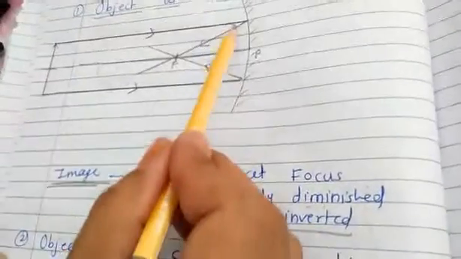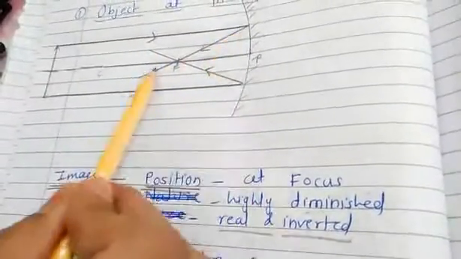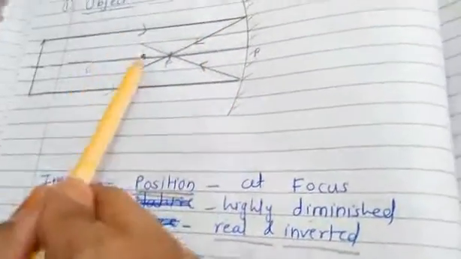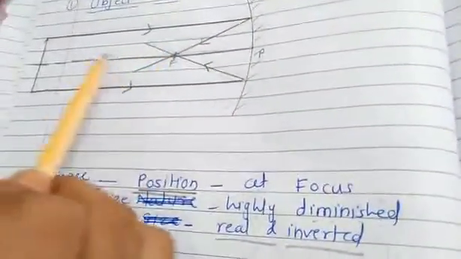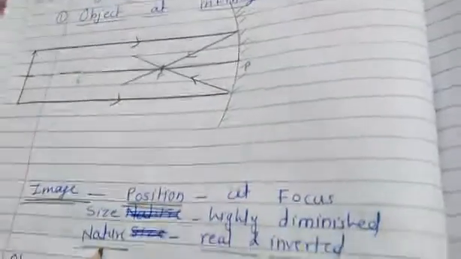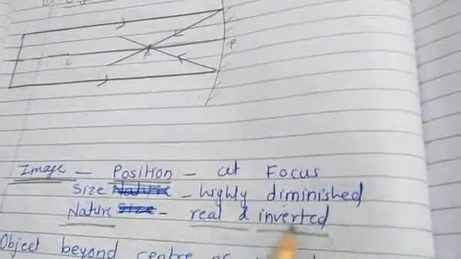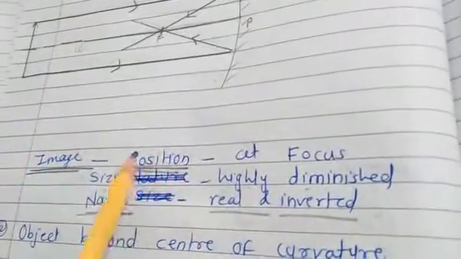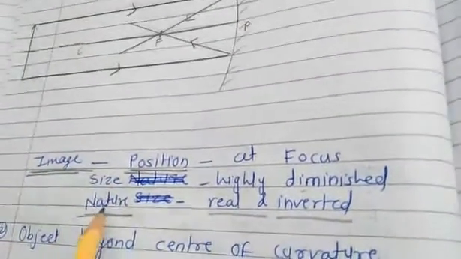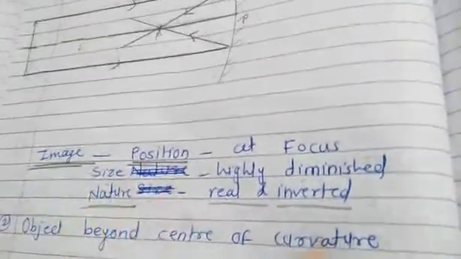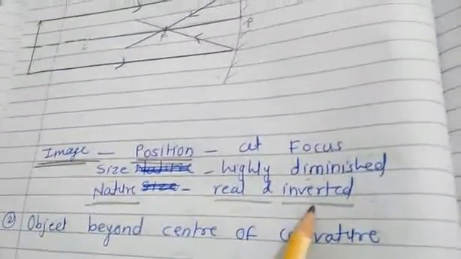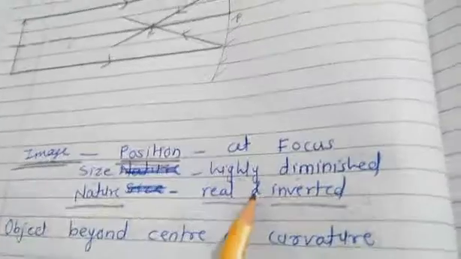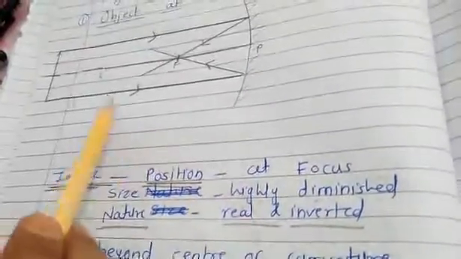Now see, here these reflected rays are going to intersect. Where the reflected rays intersect, that image is always a real image which can be taken on the screen. So what is the nature of the image? That is real and inverted. So we have to explain 3 things for every diagram: the position, the size, and the nature. Nature may be of only 2 types. It may be real and inverted, and the second may be virtual and erect. Now we have to draw actually 6 ray diagrams, of which we have seen the first one.